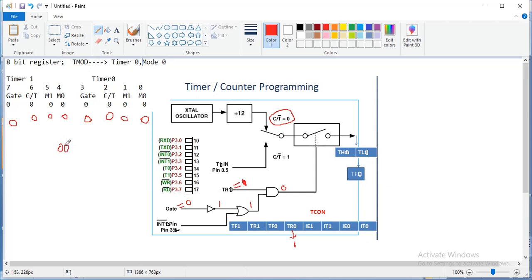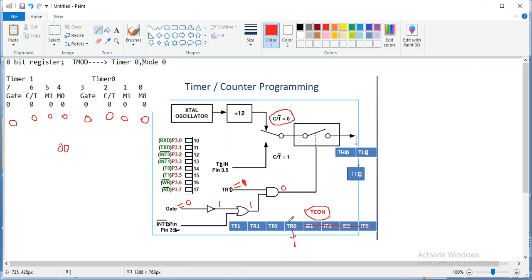Now I configure the TMOD register over here. So M0 M1 for timer 0 mode 0. C slash T 0 means I am using the timer operation. Gate 0 means only then is this timer and counter program going to be enabled. And another very important register is the TCOUNT register. The lower byte we are not going to use anyway. So TR0 and TF0 are related to the timer 0 programming.